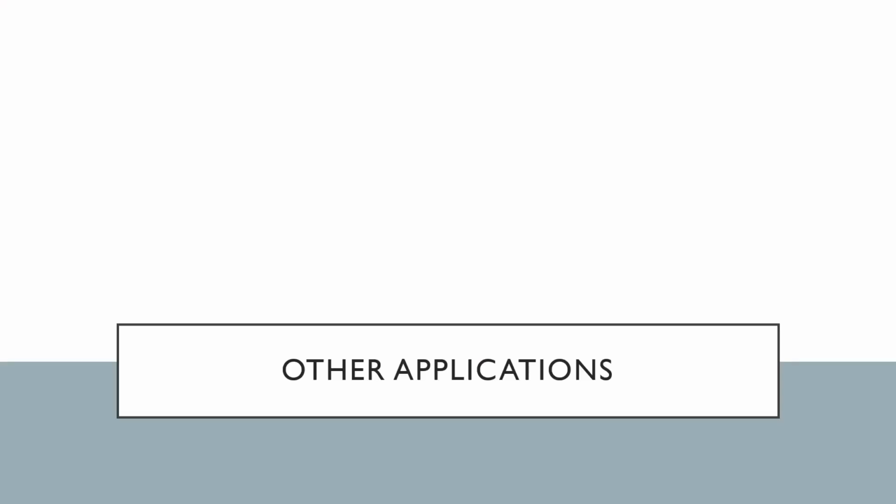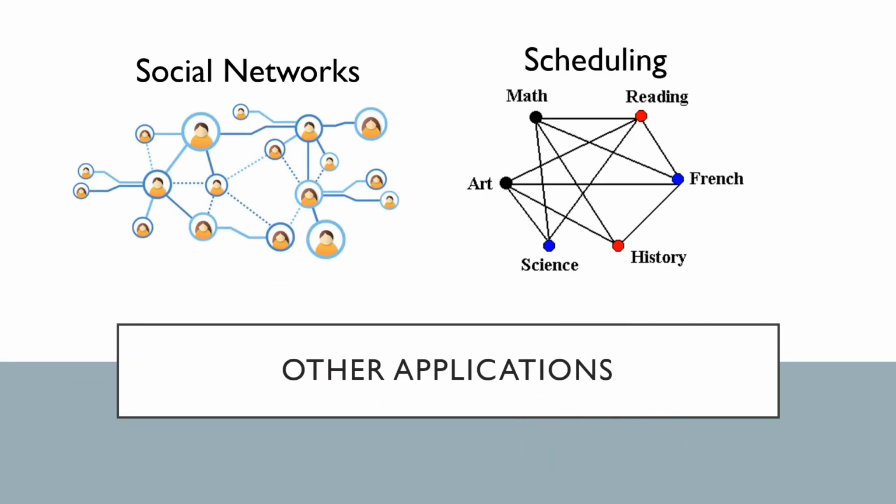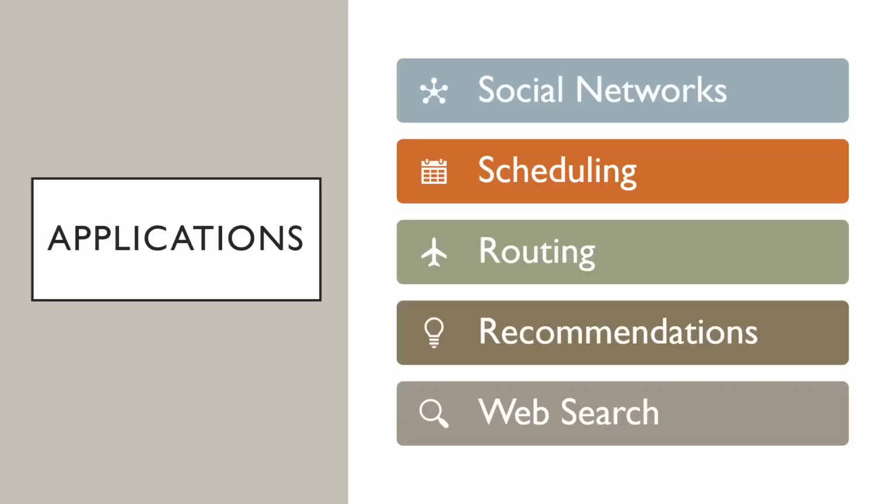Other algorithms are applied when Instagram gives you suggestions on who to follow, or how your school assigns your schedule based on the combination of classes you want to take. Here's a list of just a few of the applications of graph theory. Along with social network scheduling and routing, it's used to give you recommendations, and